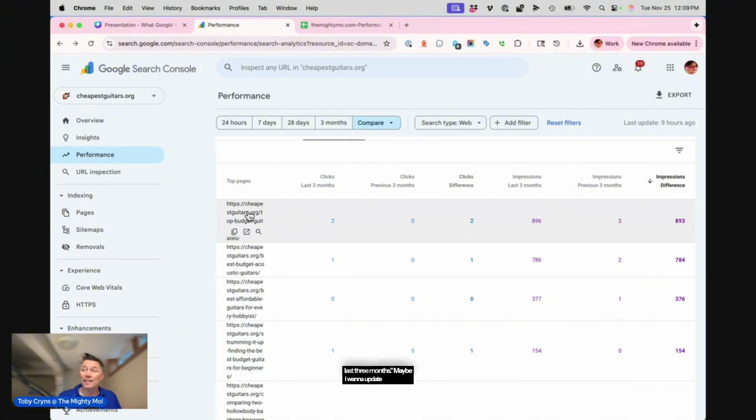Maybe I want to update the content to match the search intent. What are people searching for when they're finding this page? Is it the right stuff? Is the content matching that? Maybe I want to add internal links on my site to strengthen that page and lift it up more. Maybe I want to improve the title or meta. Maybe I want to create some supporting